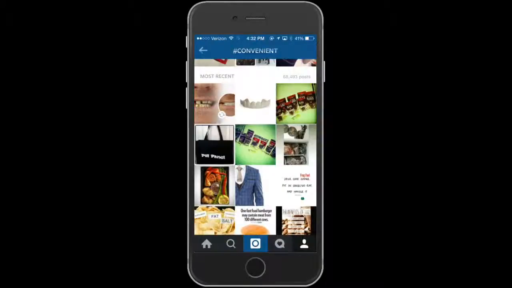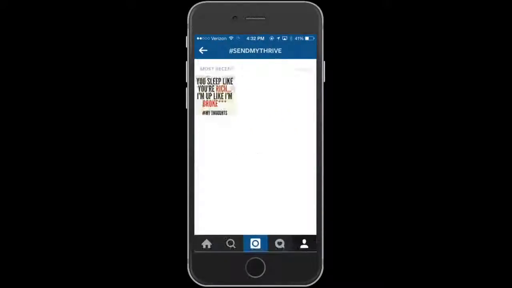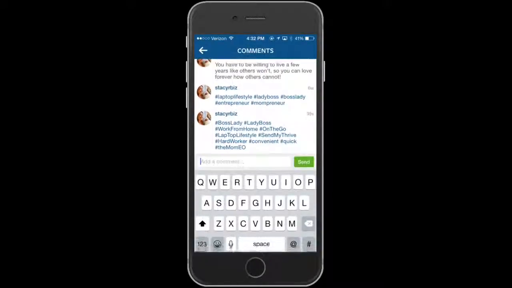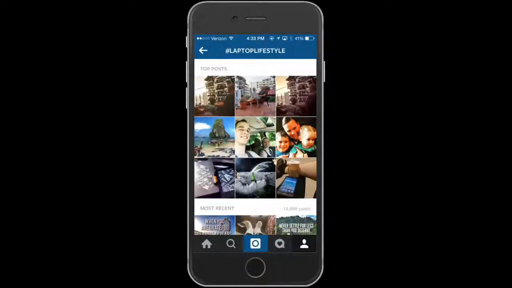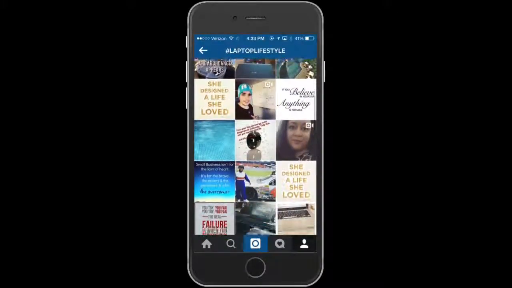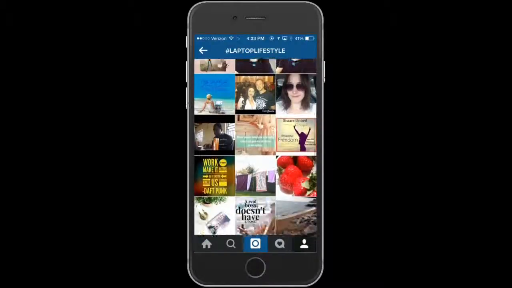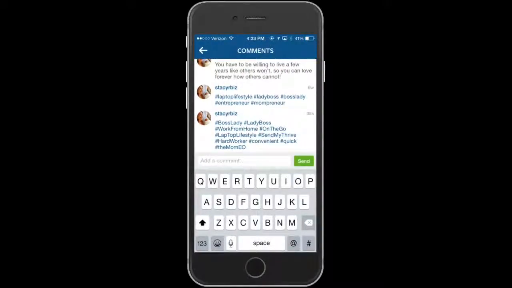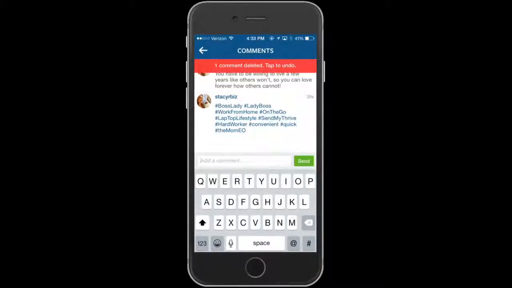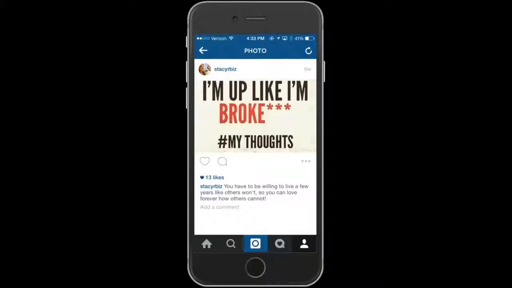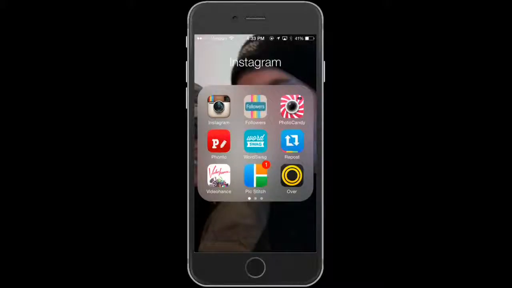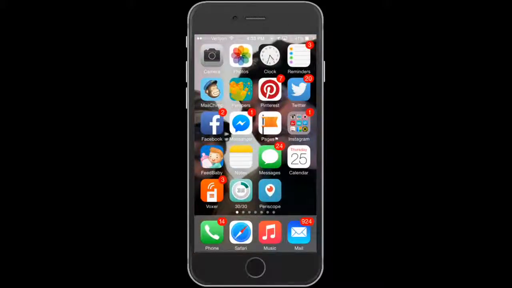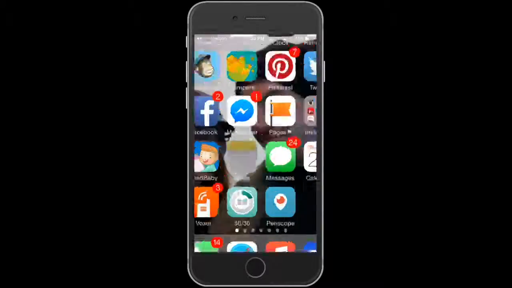So some of these are going to go super fast. Send My Thrive. Again, I'm the only one using that hashtag and I own that website too. So get creative with your hashtag strategy and keep the hashtags that you're going to use quick and readily available to you in your notes app. If you don't have an iPhone, you should be able to use sticky notes, and it's a widget on an Android phone. So within your notes then,